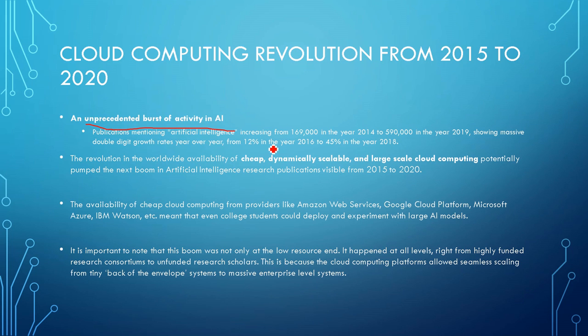We see that publications in the year 2014 mentioning AI were 169,000, and they increased to 590,000 in the year 2019, and it showed double digit growth rates year over year, from 12% in the year 2016 up to as much as 45% in the year 2018, right? So what caused this